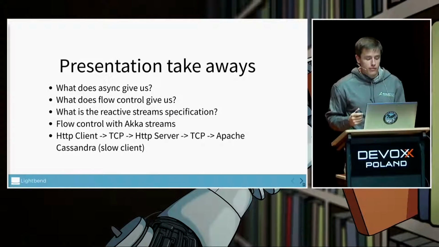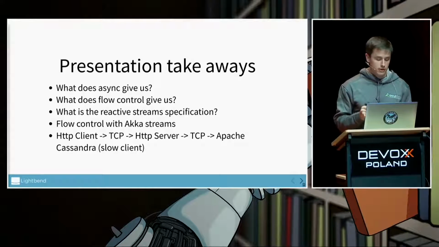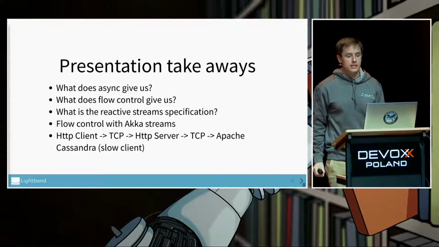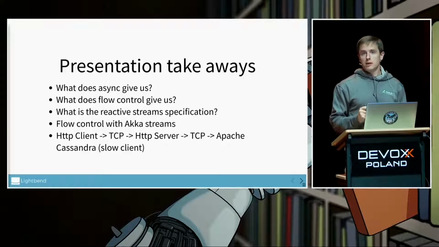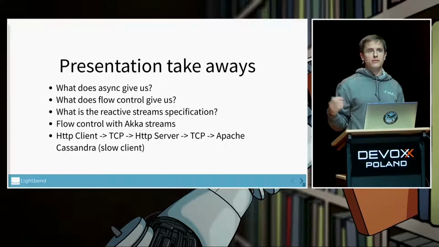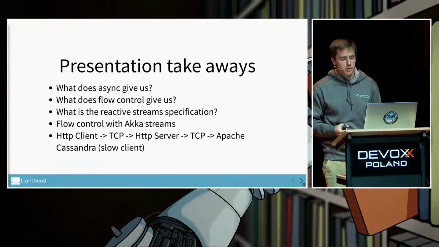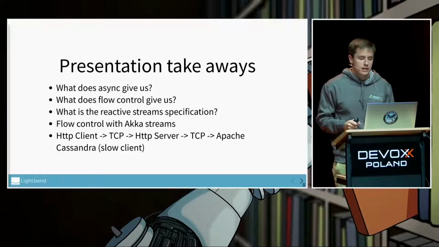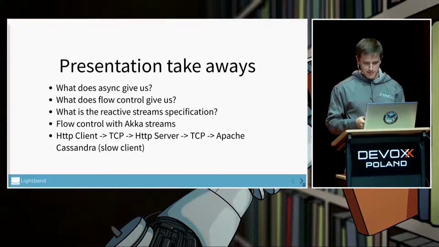So the takeaway is hopefully that you'll understand the benefits of things being asynchronous, if you don't already know. What will flow control give us, and why do we need it if we're going to build asynchronous systems? I will briefly mention the Reactive Streams specification. That's going to become much more important when we start having JDK HTTP clients and database drivers that are Reactive Streams compliant. And then the final bit of the presentation, which will be primarily a demo, I want to just show you how you do this in a library like Akka, and hopefully that'll mean that you can take it away and you actually believe everything I've said.